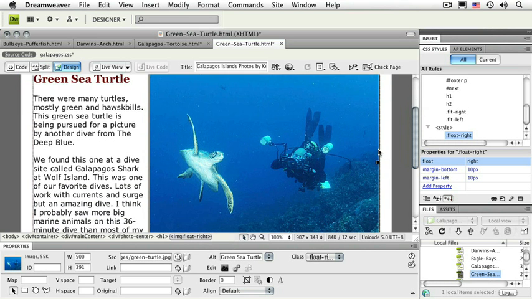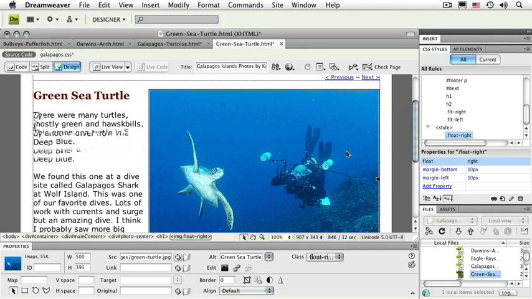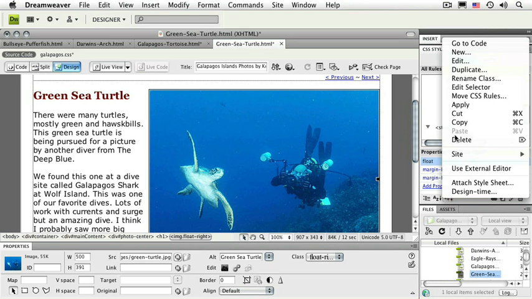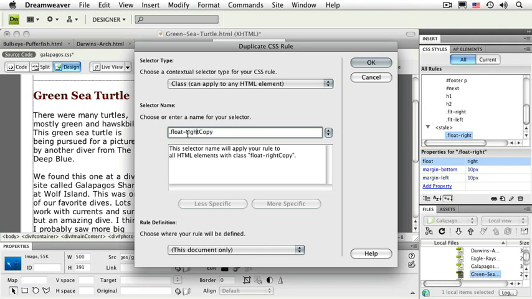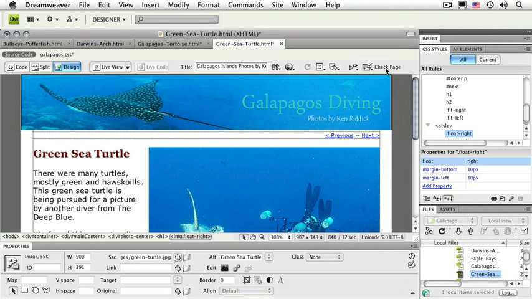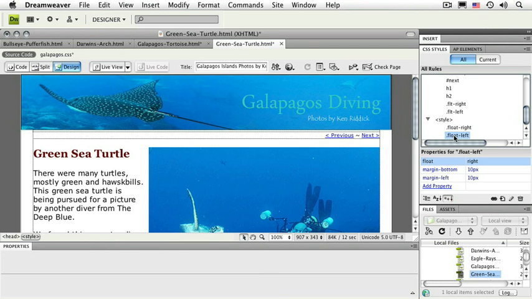So I've created an align to the right style. I'll bet you can guess that you could create a similar one to align things to the left. And here's a nice little shortcut when you're working with styles. You can actually duplicate existing styles. So instead of creating a new style, I can right-click on that style name, choose Duplicate, and now I can just rename it. Instead of being Float Right Copy, as Dreamweaver is offering, I'm going to call this Float Left. Click OK. And you'll see now I have a style called Float Left, which is an exact duplicate of Float